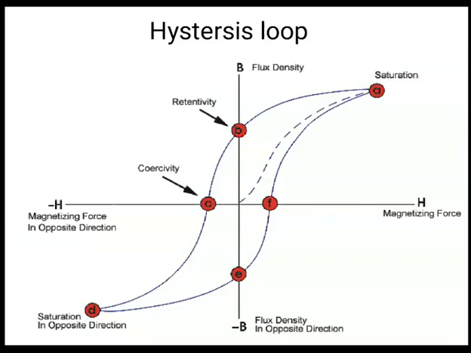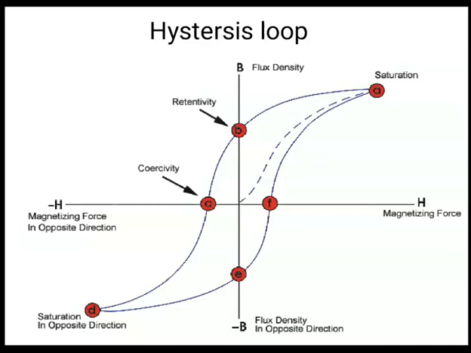Here at E we are getting the negative flux density, right? Then again E is going to F, and from F it's completing the loop to A, right? So this is nothing but the hysteresis loop. Why is it a loop? Because it starts from A and again ends at A. So it will repeat this loop as long as we increase the current, it will repeat the same loop.